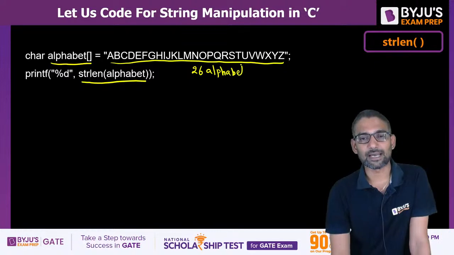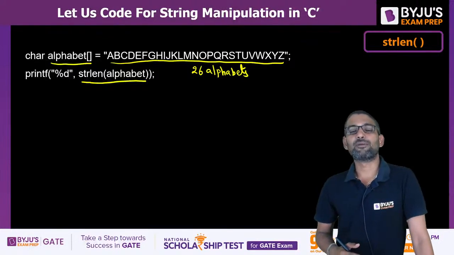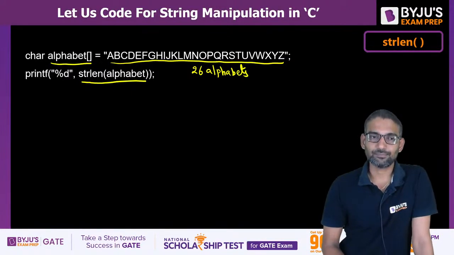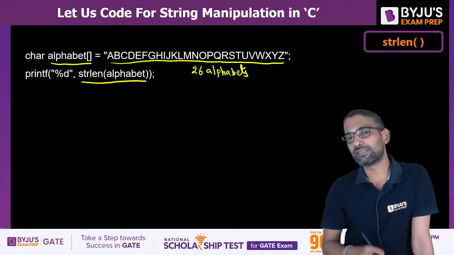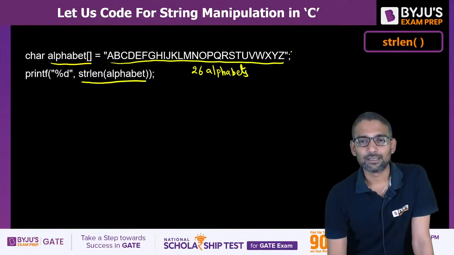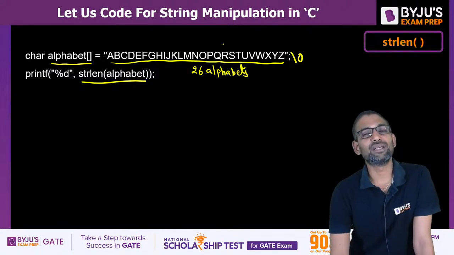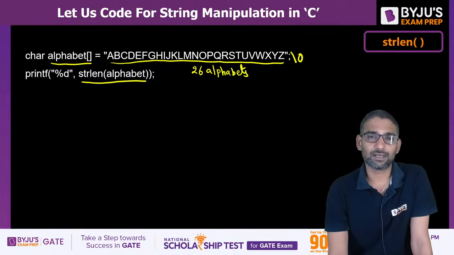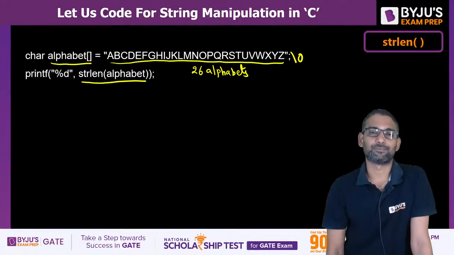So 26 characters, there is no space, you see here. So we may think like 26 would be the output, but please understand, every string is ended with a null character. So actually there is a null character at the end of this string, means including null, if you count, there would be 27 characters, right? So someone might think like 27 may be the output, but please remember,